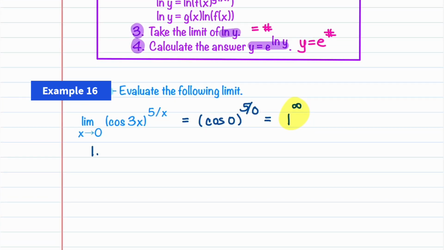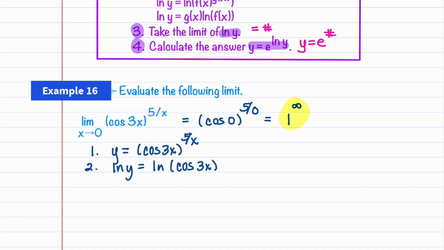Let's walk through our steps. Our first step is we're going to take y, and we're going to set it equal to the function that's in our limit. And this is cosine 3x raised to the 5 over x. Our second step is to take the natural log of both sides because that enables us to bring the 5 divided by x out in front. Natural log of y is natural log cosine of 3x raised to the 5 over x. We can rewrite our right-hand side as 5 over x times natural log